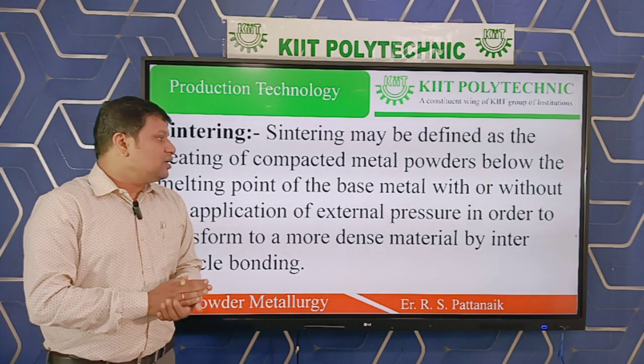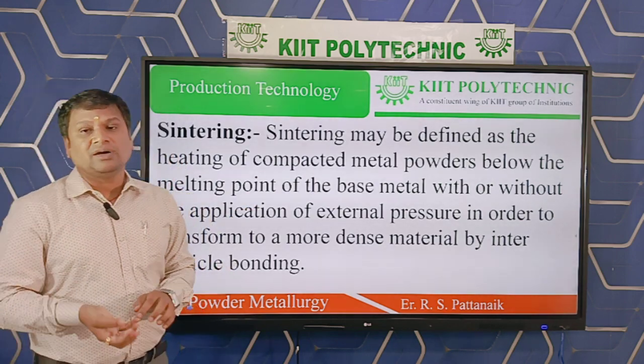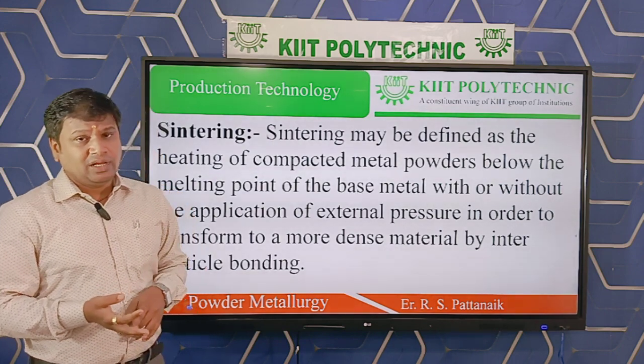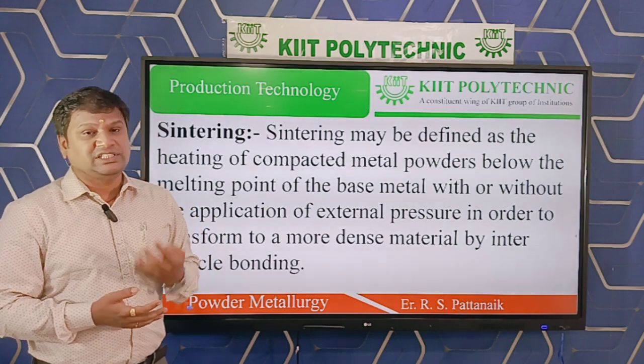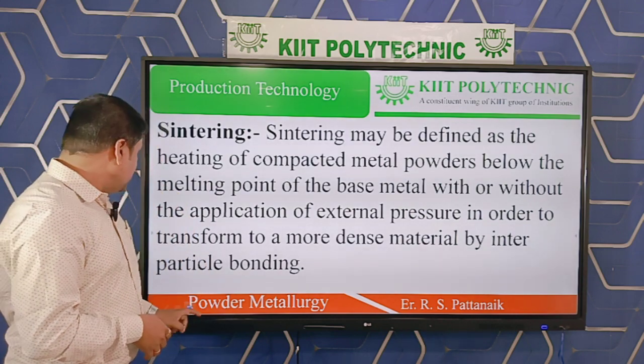Okay, so this is all about the steps involved in the powder metallurgy technique: production of metal powders, then blending or mixing, then compacting or briquetting, then sintering. Okay, there are 4 basic steps of powder metallurgy technique. Okay, so next is the